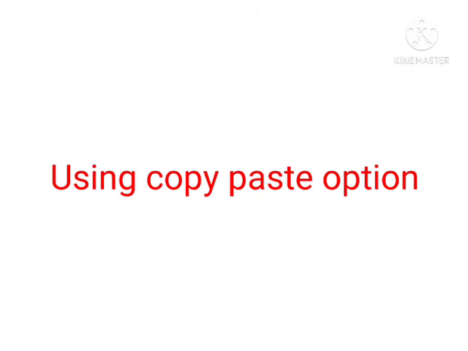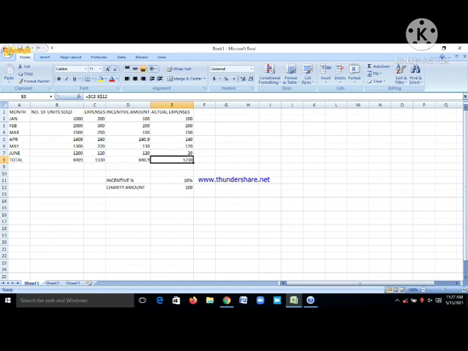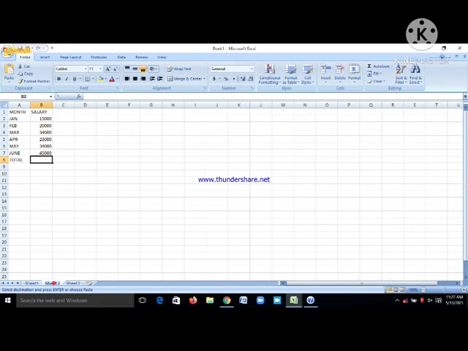How can we use the cell references from one worksheet to another? First way is by using the copy paste option. Let's start. So in sheet 2 we have data about the salary, and in sheet 1 we have data about the number of units. From the B8 cell I want to copy the formula that I want to paste on sheet 2. So click on the B8 and copy option, then go to the sheet 2, and in B8 we have to paste that formula. See students, in B8 sum B2 colon B7.